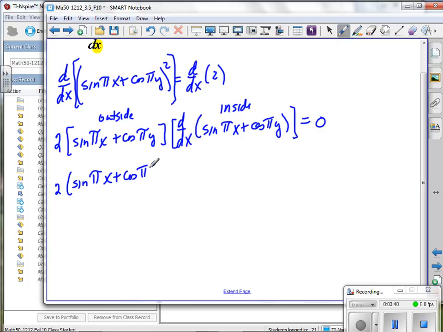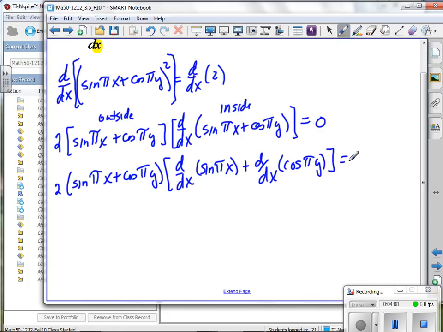Nothing really to do with this at this point. And our derivative of this quantity here. The derivative with respect to x of sine pi x. Within this, and I'm going to actually break this down for you. I want to make sure we understand that we're taking the derivative with respect to x of both of these. Because now within this